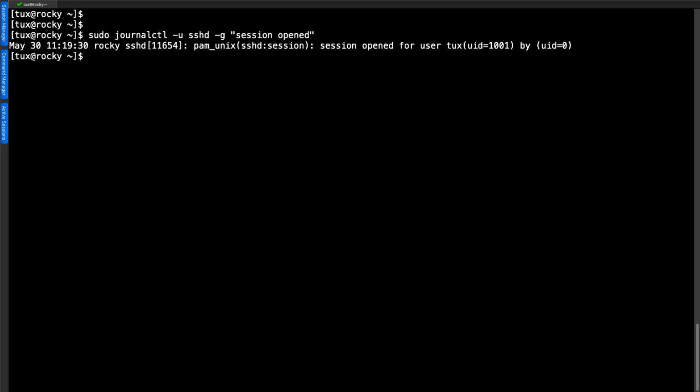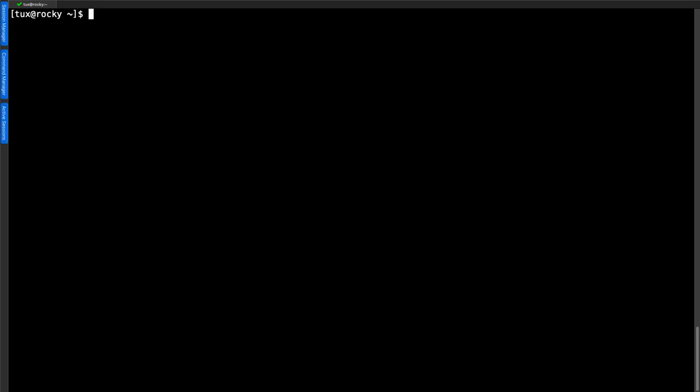Here we can look for "session opened", and we can see then the recently opened session that my Tux user has initiated. So it is so good that there are commands now that are building grep or pattern matching into the executable themselves. So that gives you the idea of how much power that we can initiate using grep. But there are other things that we can use grep for as well.